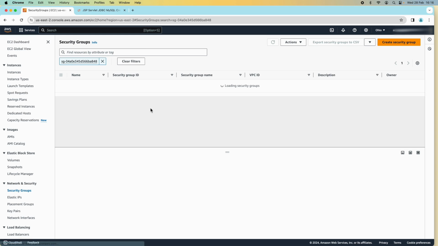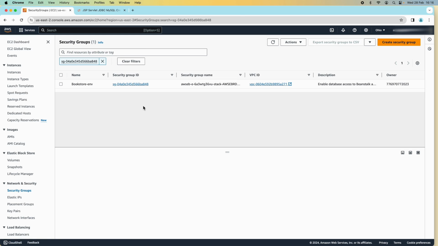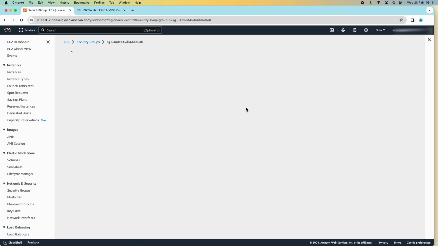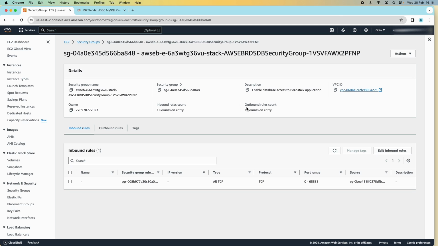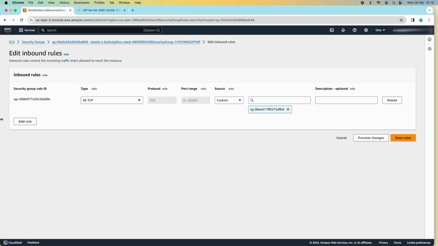Okay, and click the security group ID. Okay, and under inbound rules here, click edit inbound rules, and we need to add a new rule that allows